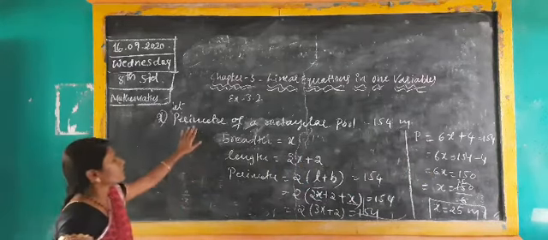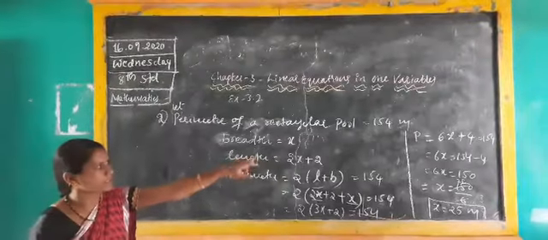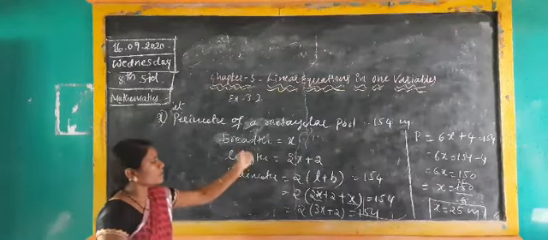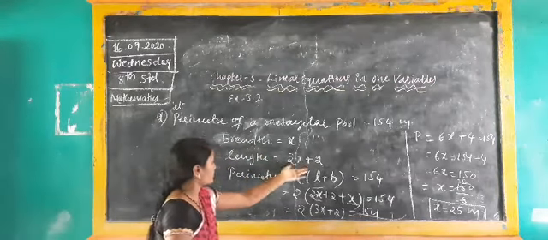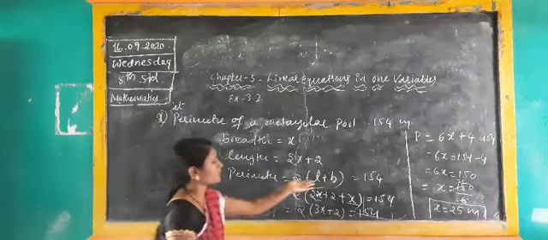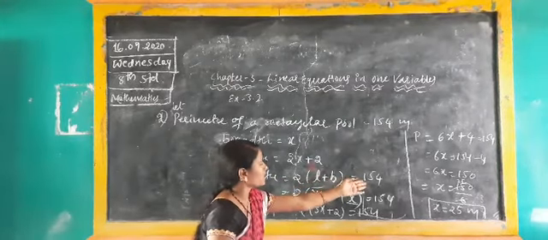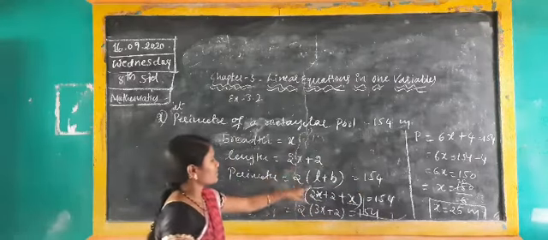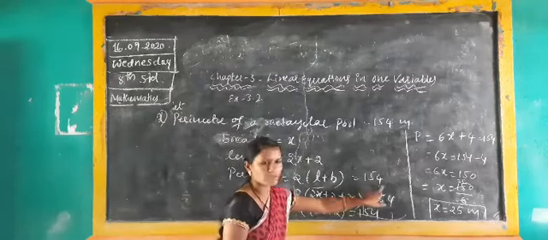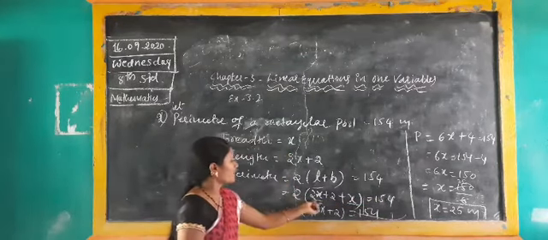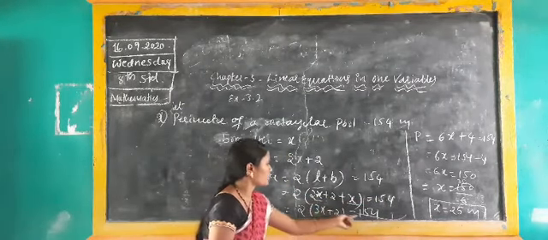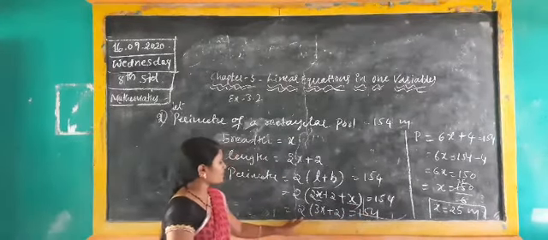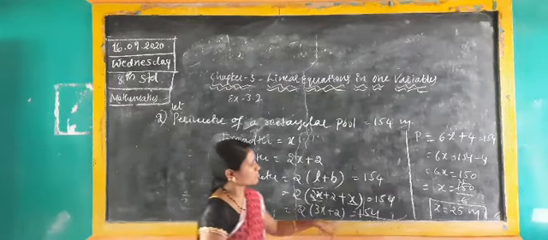First listen here. The perimeter of the rectangular pool, how much did they give? 154 meter. Breadth we don't know, so they have kept x, and length will be twice its breadth, that's why 2x plus 2. And perimeter, what is the formula? Perimeter is 2 length plus breadth. Perimeter given is 154. I have written it, and 2 length we substituted 2x plus 2 and breadth x is equal to 154. Now here 2x plus x is 3x plus 2 is equal to 154. Here I solved by dividing directly, you will also get it, but I multiplied 2 3s are 6x, 2 2s are 4.